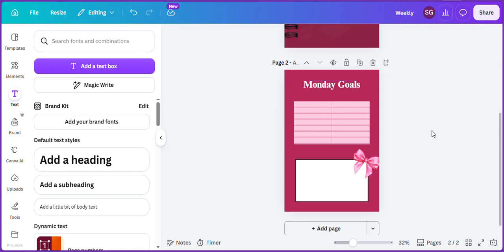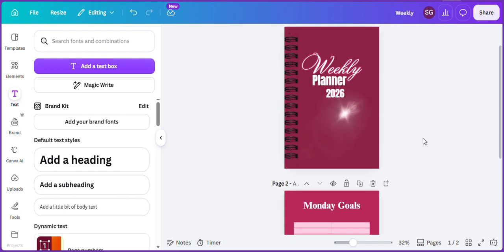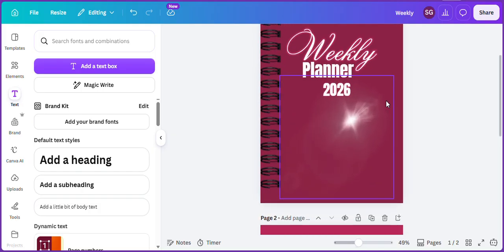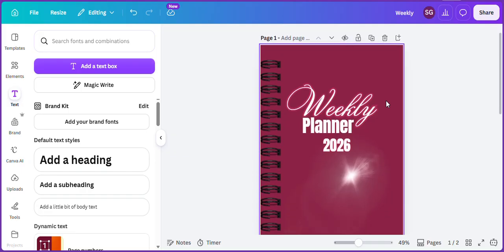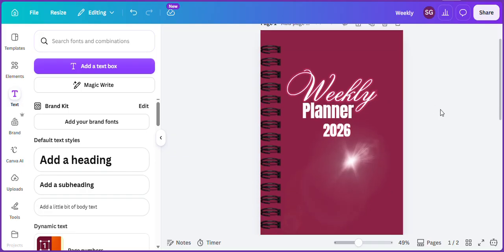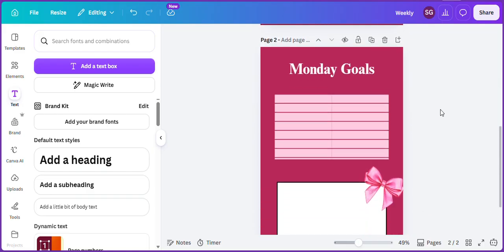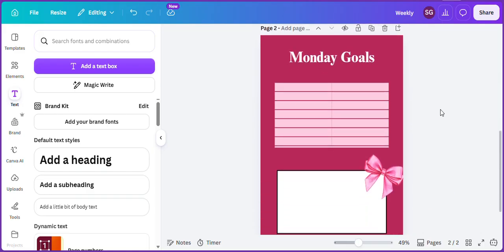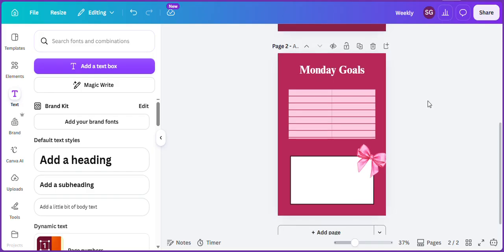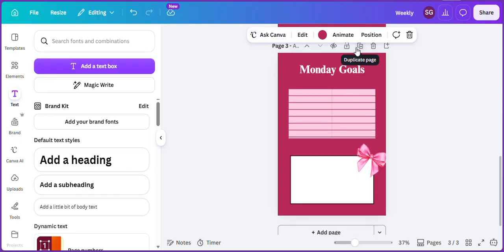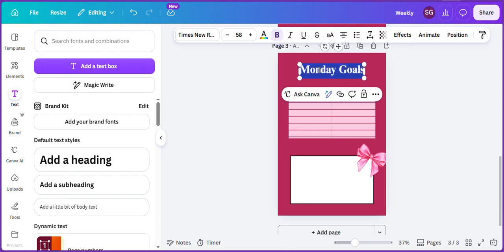So guys, basically this is it, right? We don't want it to be too crowded, right? So again, this is the cover. Let me just show you so you can see. So this is the cover, right? And this is basically how our page will look, right? So if I was going to complete this, all I'd actually do is duplicate this page, right? And then all you'd have to do is,